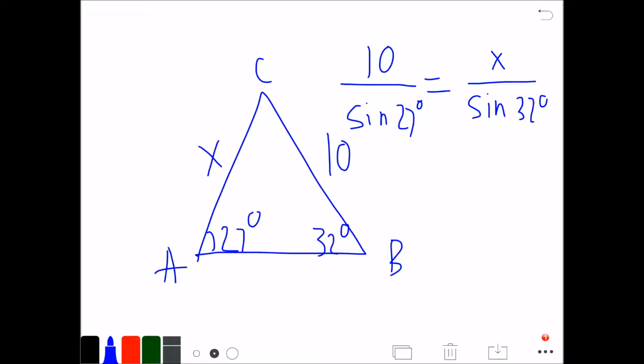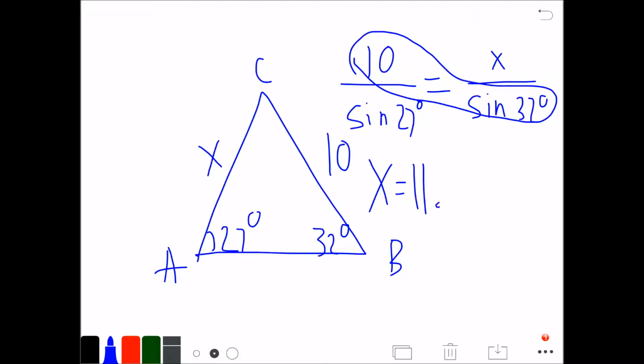Because 10 and sine 32 go together in cross multiplication, and then you divide it by sine of 27 degrees, and that gives you your x. So your x should be, give me a second, and make sure you're in degree mode and not radian mode. I just made this mistake, so be careful. x should be